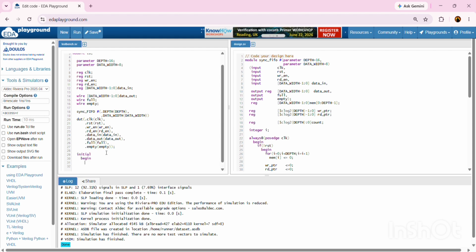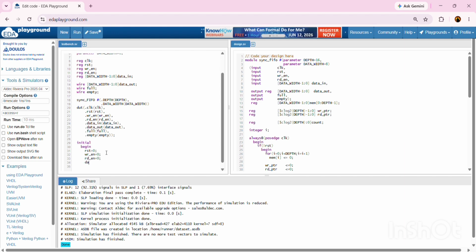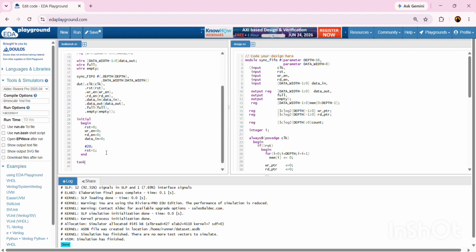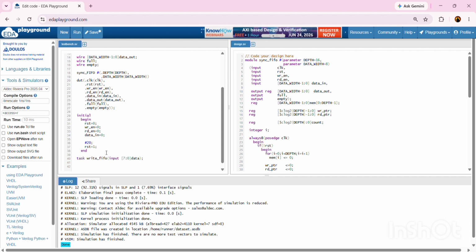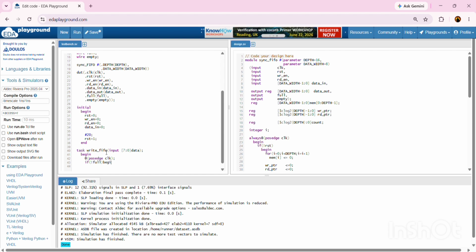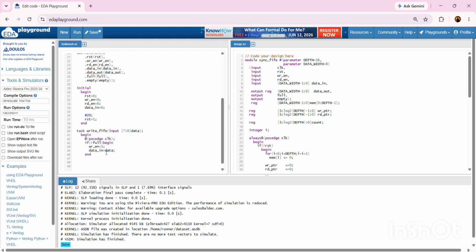The initial block generates the reset sequence. Initially, reset is set low, and all control signals such as write enable, read enable, and data in are initialized to 0. After 20 time units, reset is deasserted by setting reset to 1, allowing the FIFO to start normal